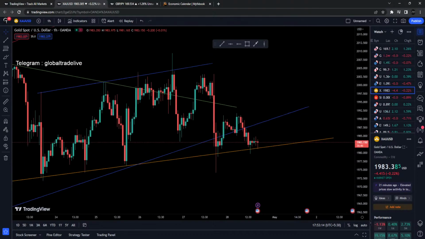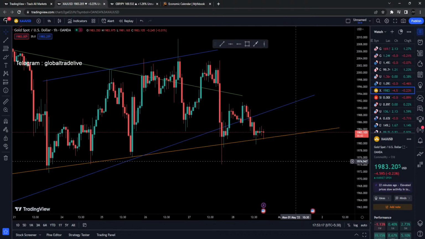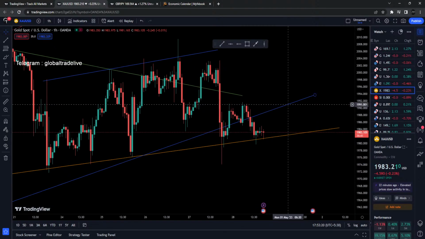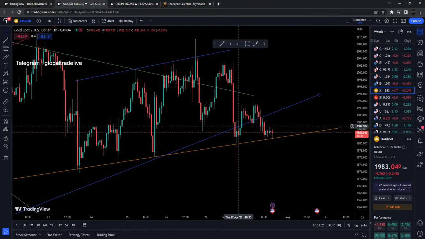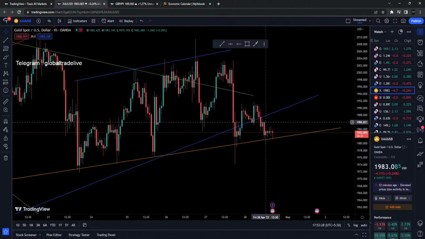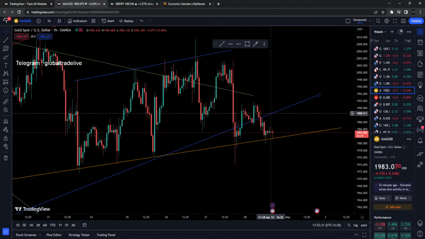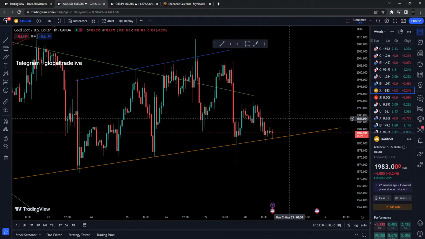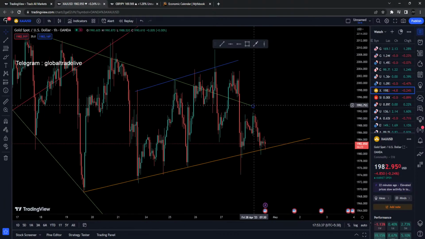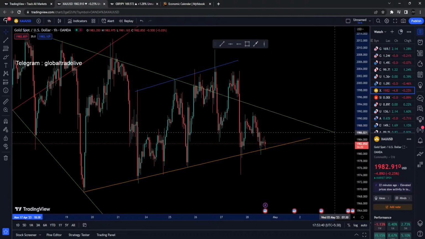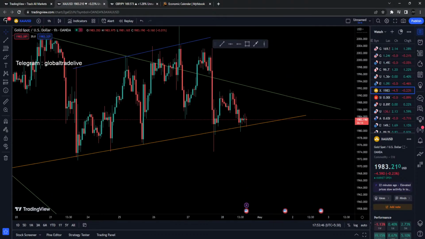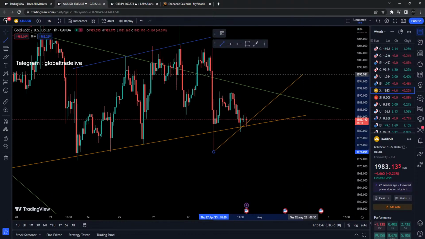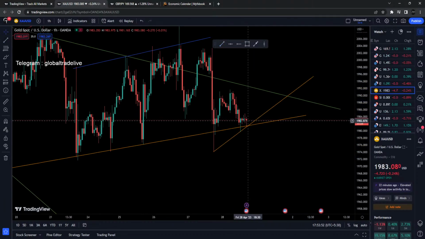Okay, so the market is respecting the yellow trend line, and let's see if we can draw some nice areas over here. The market respected the blue one over here, and over here as well. If I delete this one, it is not making much difference. And if you stretch this one, the market can possibly move up. And right now if I attach these two areas, the market is respecting this lower one as well.